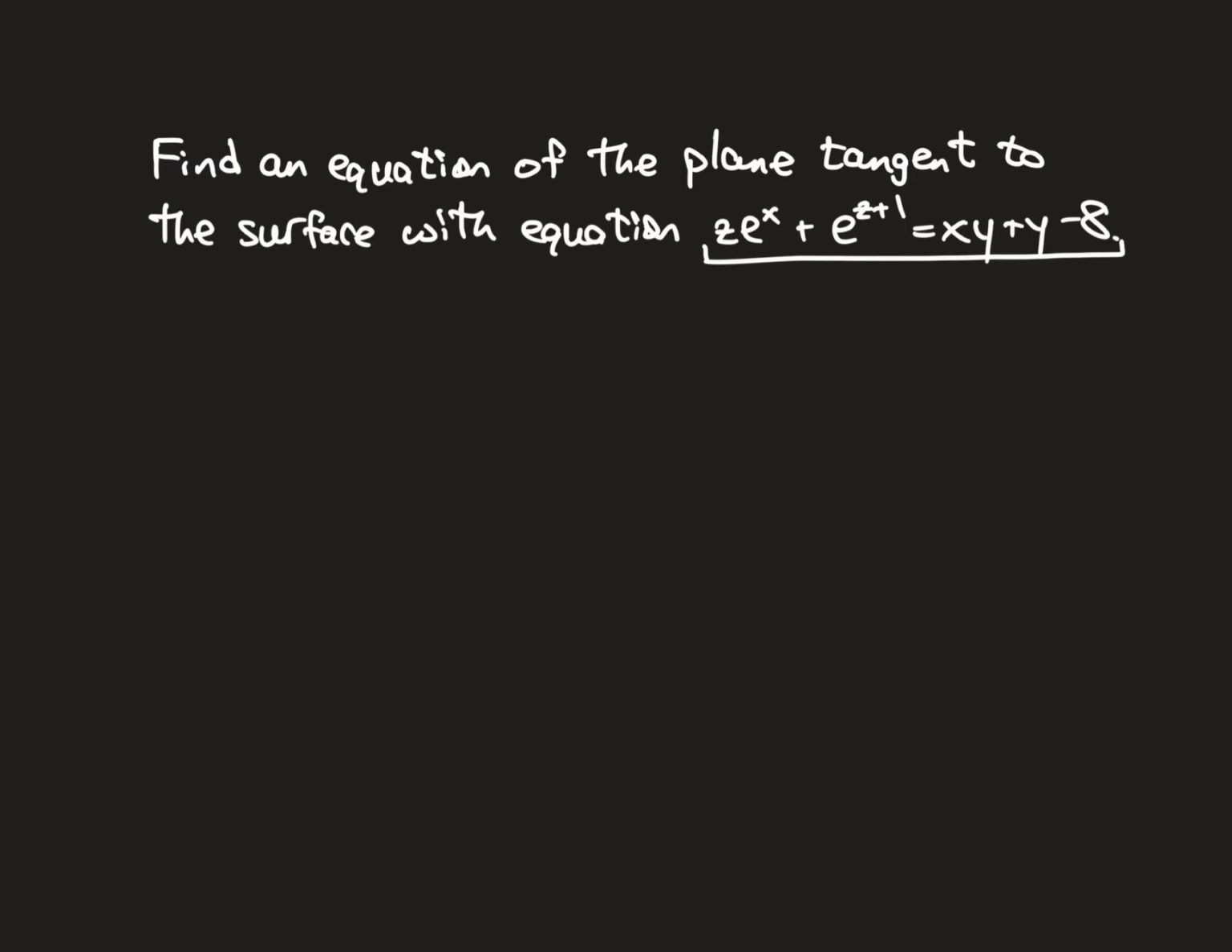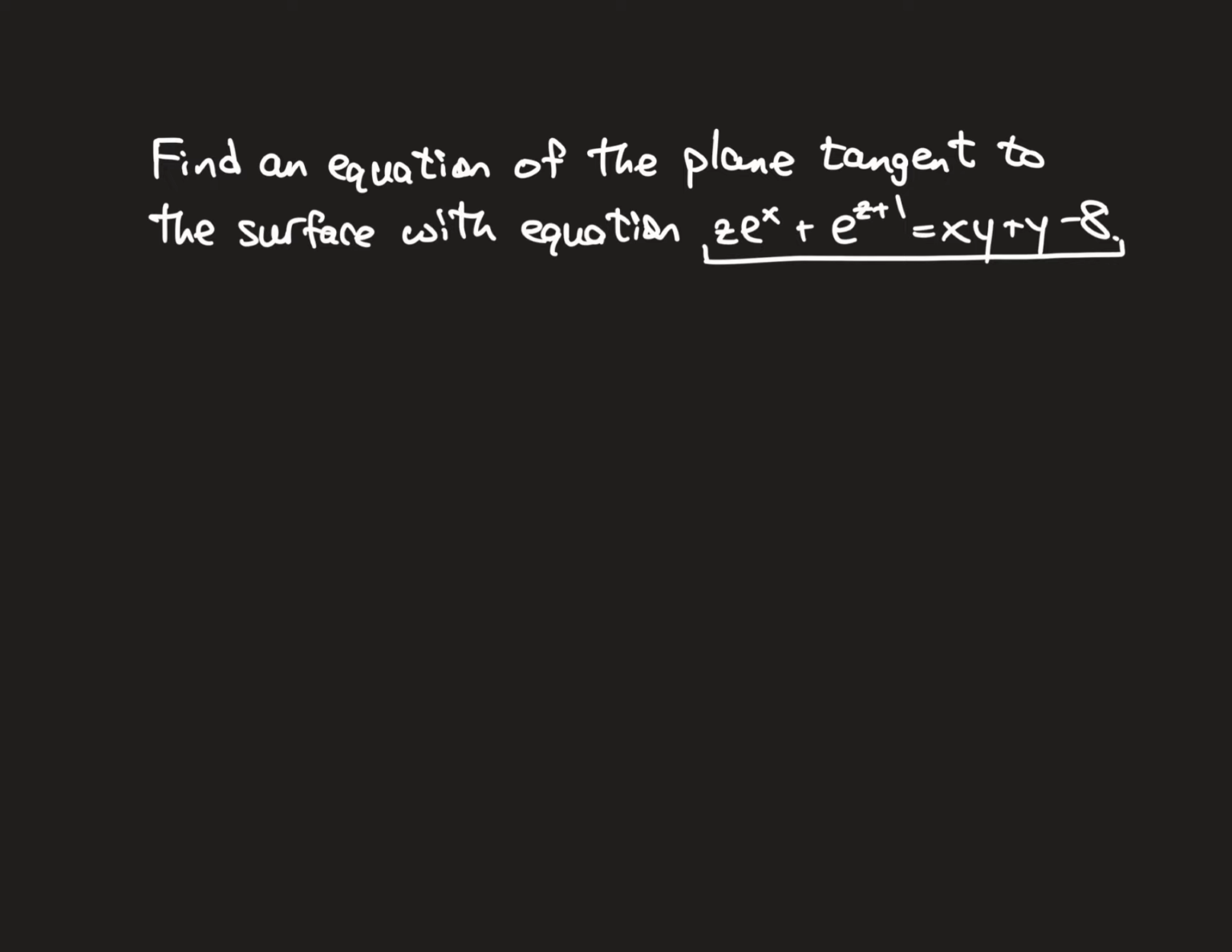Now that looks pretty gnarly, and more specifically, it is going to be difficult, if not impossible, to solve for z. In other words, it's going to be very difficult, if not impossible, to write the equation for this surface in an equivalent form that looks like z equals some kind of expression in terms of x and y. The reason I'm bringing this up is that we have two methods for finding an equation for the